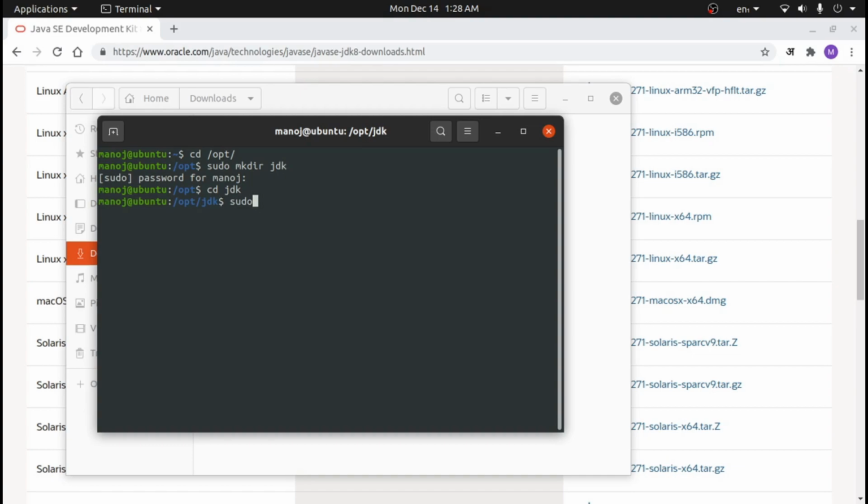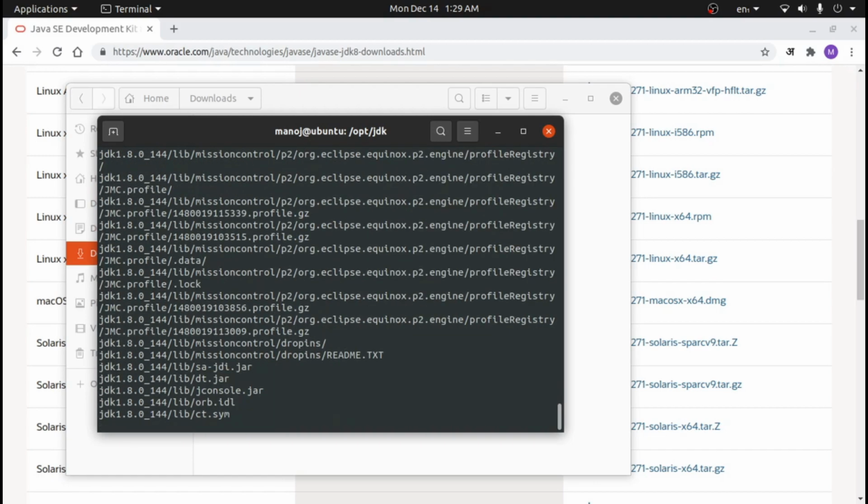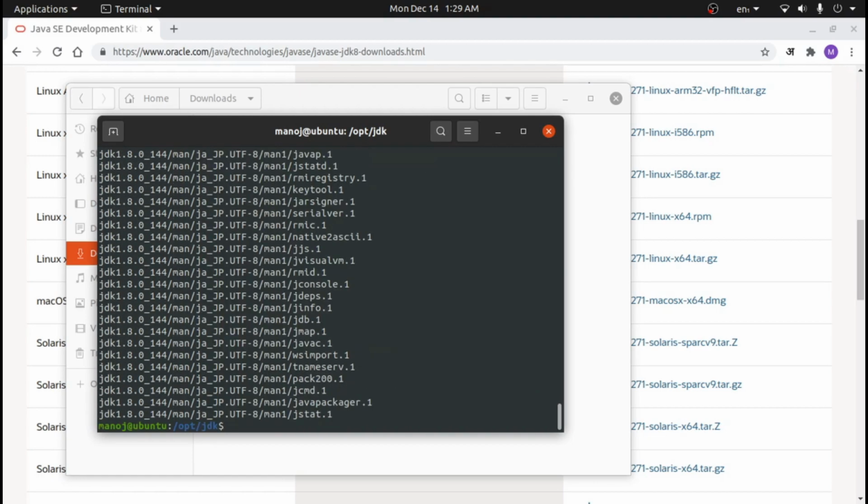For this we need sudo tar xvf and the path to the file in our downloads, the JDK file. So for extracting this file we just need one line: sudo tar xvf and the path to that file. Click on enter. All my files are now extracted to this directory.